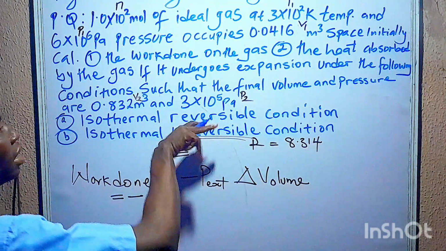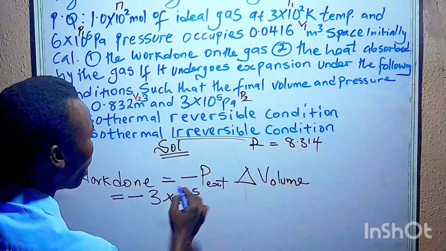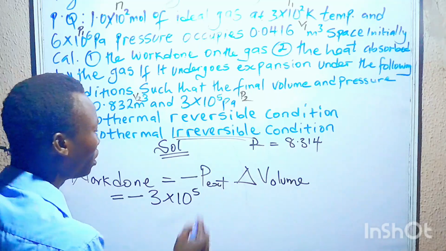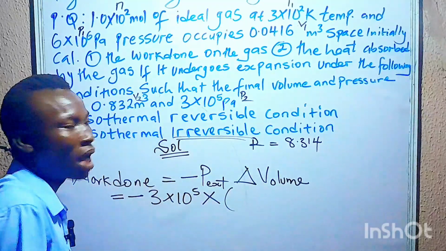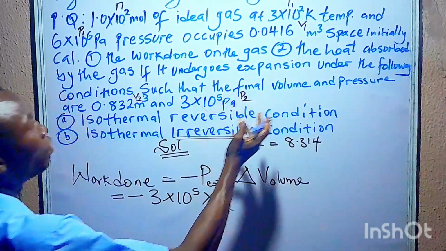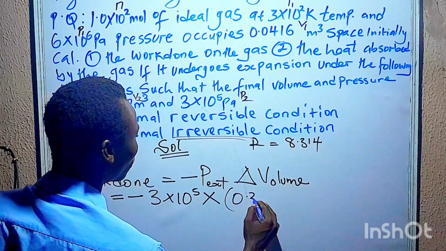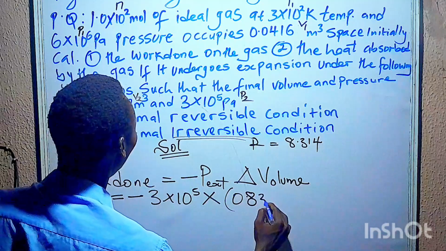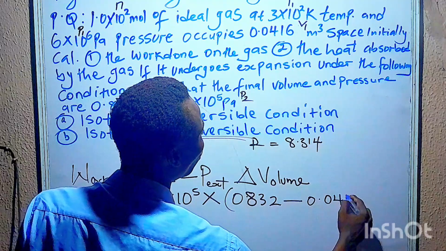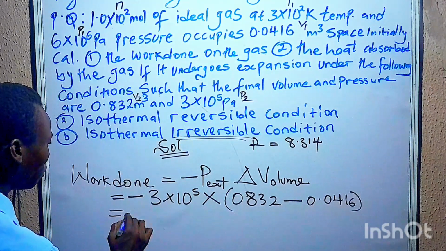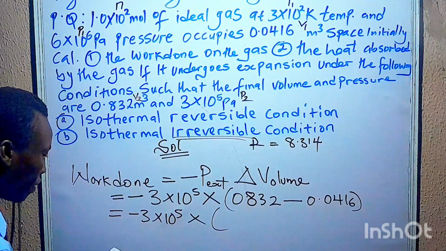Solving here, the final one is going to be 3 times 10 raised to power 5 Pascal. That is the one you are going to use for it, multiplied by the change in the volume. So the change in the volume will be the difference of your V1 and your V2. The value of your V2 now is 832 minus the value of your V1, which is 0.0416. Now, if you do this, minus 3 times 10 raised to power 5 multiplied by the difference in these two values. The difference in these two values will give you